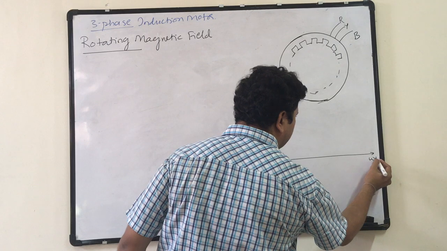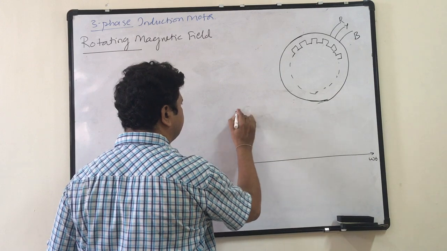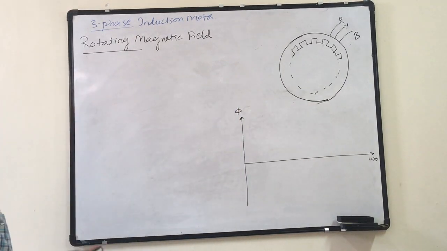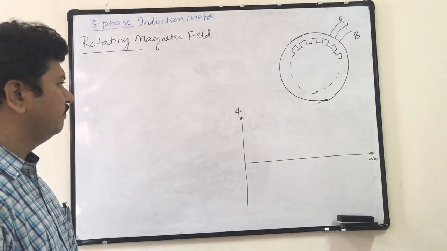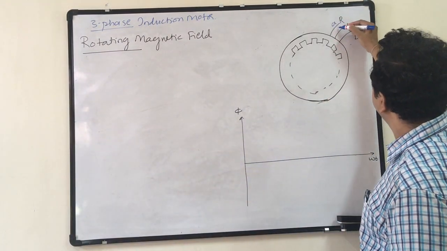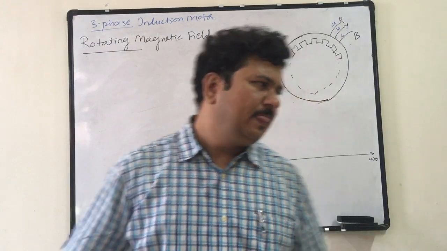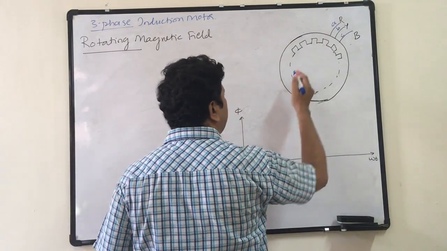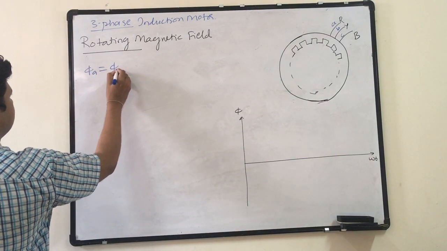So let this be omega t, this be phi. So R, Y, B. R phase. So phi R is equal to, I will write, or let us take the phases as A, B, C, because you are familiar with the A, B, C phases. Okay. So let us take phi A is equal to phi m